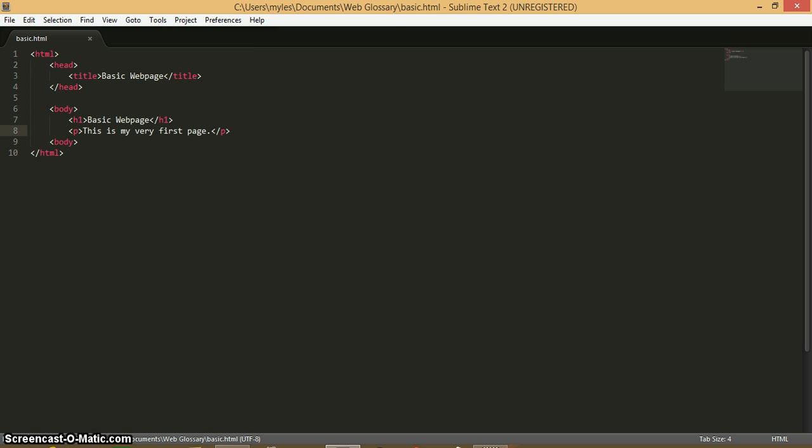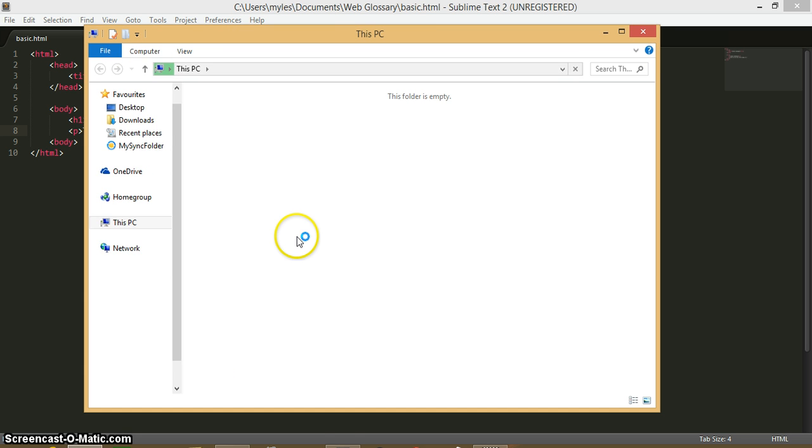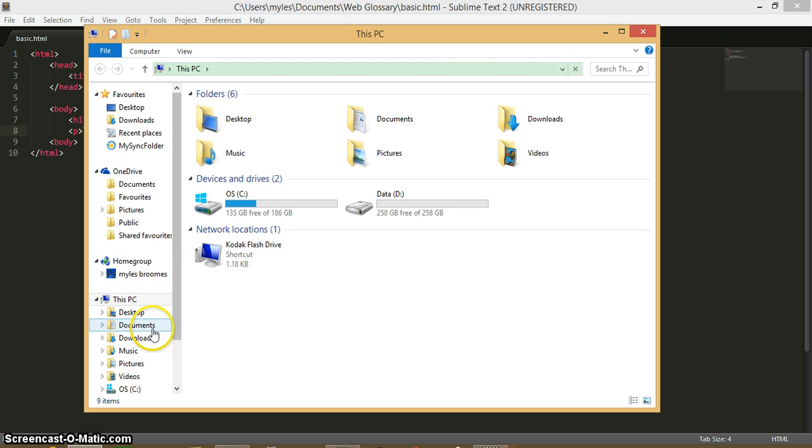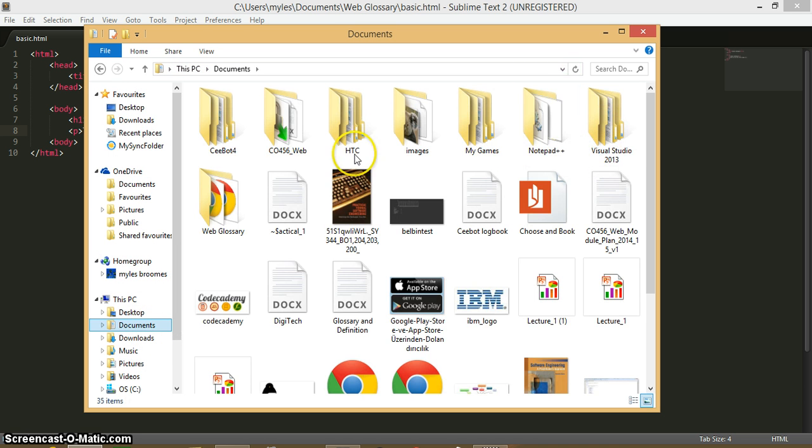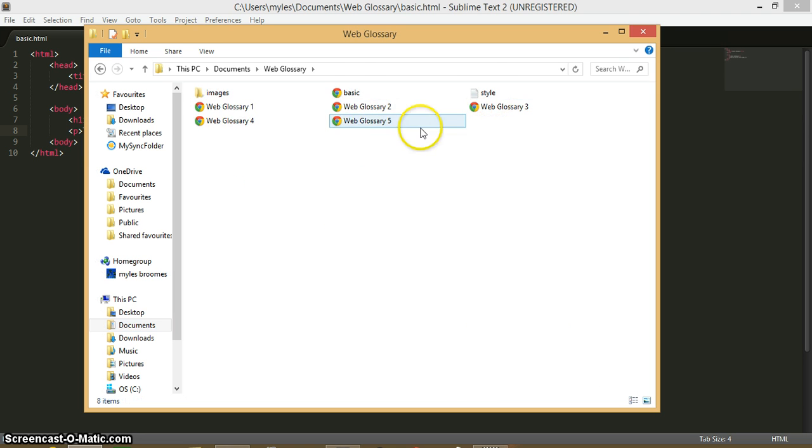Access it again. If I look for that web page, it should be here in Web Portal. Basic, open it in Google Chrome. And there it is, basic web page. There's the h1 tag, well, the text that was in between the h1 tag, and there's the text that's in between the p tag. So like I said, this is a very basic